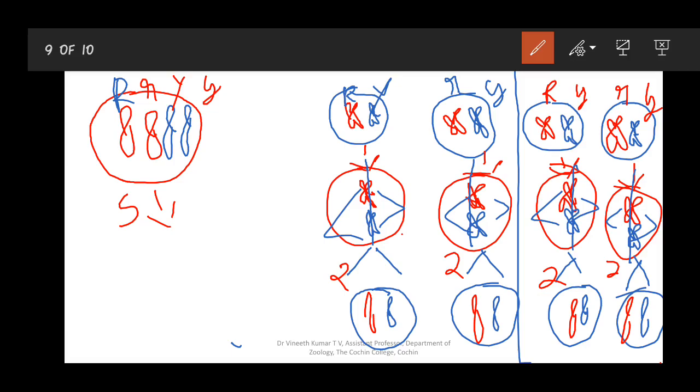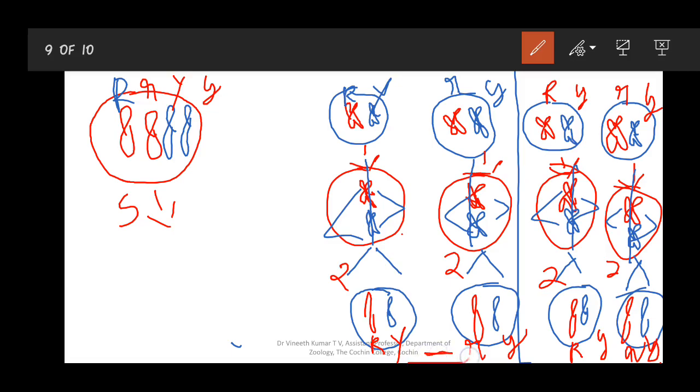Okay, so here this will be capital R and capital Y. This will be small r and small y. This will be capital R, small y. This will be small r, small y. So these are the 4 possibilities of gametes which can be formed when you consider 2 different traits or 2 different characters. And in a dihybrid or in a heterozygote, you have 2 different metaphase arrangements. And because of the 2 metaphase arrangements, there are 4 types of gamete possibilities, as you see here.